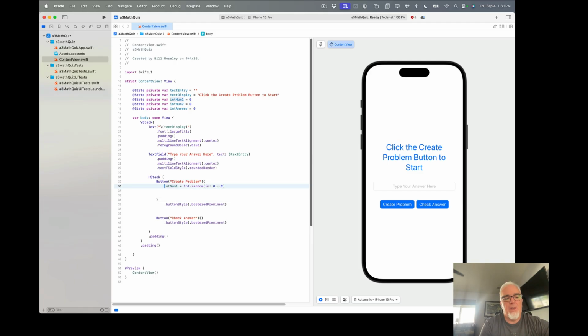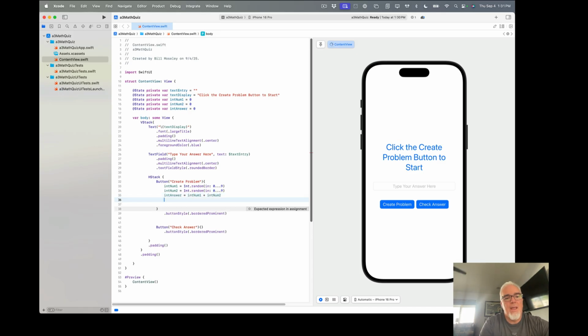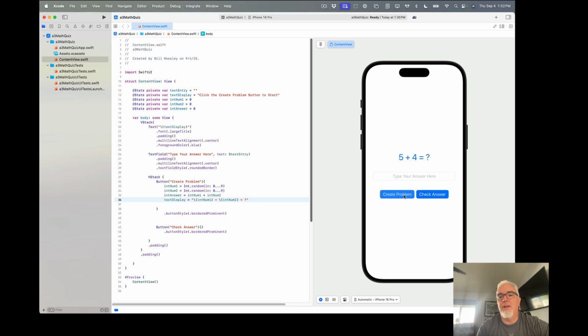0 to 9, and we want to duplicate that exact same code but with number 2, and then we want to update the answer. So int answer equals int num1 plus int num2. And then the last thing we want to do is put the problem right here in this text. So we're going to say text display equals, and we want int num1 plus, and remember this backslash in the parentheses allows me to inject the text string there. So now when I click create problem, it will list a problem there, and it will be always generated using the random numbers. So that is the create a problem one,